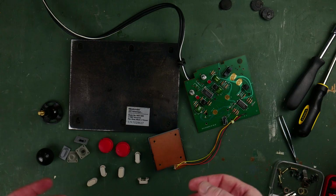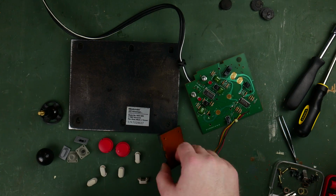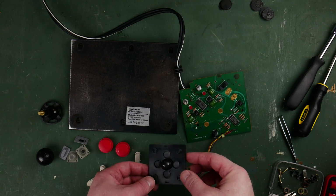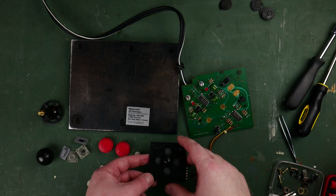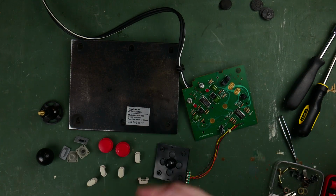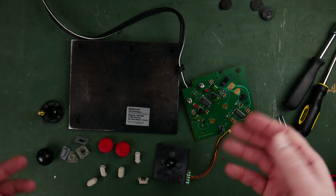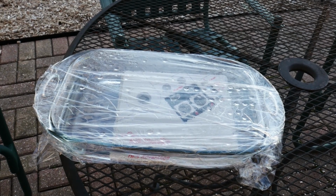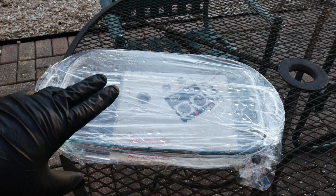So at this point, all of the buttons are cleaned off about as good as they're going to get. I've got all these little rubber connection pieces cleaned off as good as they're going to be. All the contacts are cleaned. So now there's nothing else to do except wait a couple hours and see how our plastic cover piece is coming along. Okay, so what I've done here is I've actually soaked that top plate